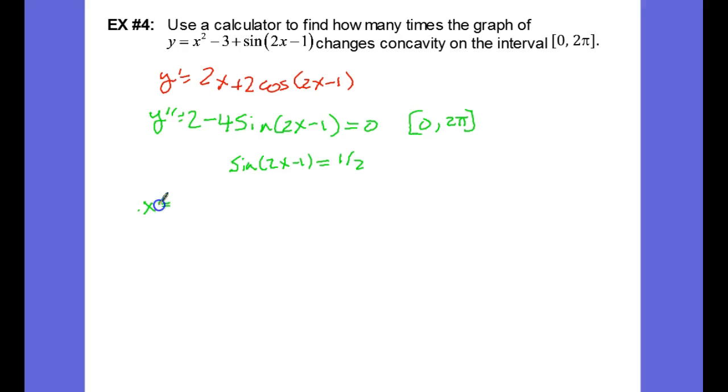So x is an element of the set 0.7618, 1.8090, 3.9034, 4.9505. So I encourage you to download the PDF and work through that step by step using your graphing calculator